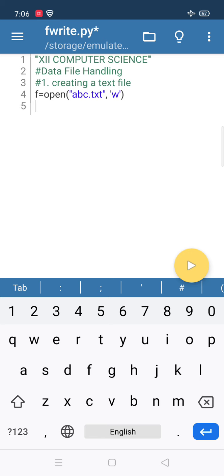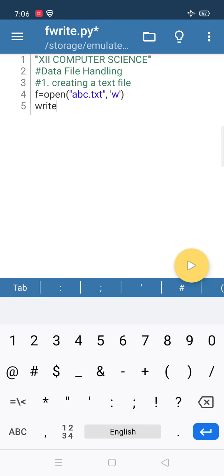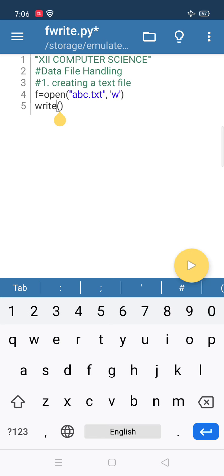Now the file has been created by the above step. The file is opened in write mode, so it is ready to write. Now the second step is, you have to write some data onto it. So I am writing some data onto it now, say hello NCS,